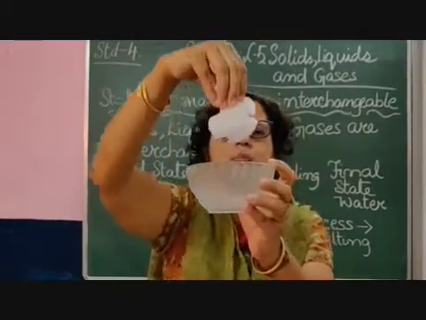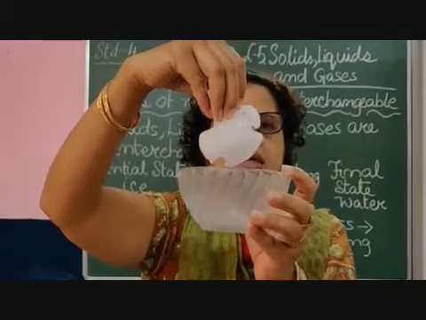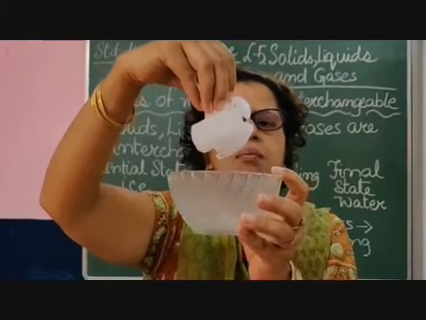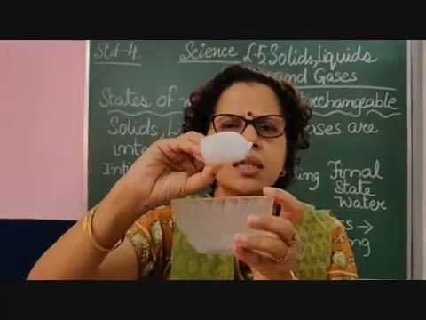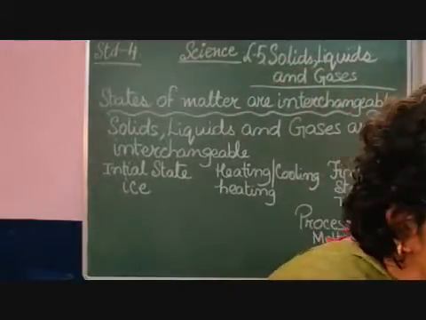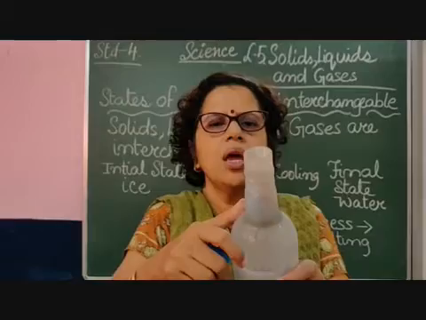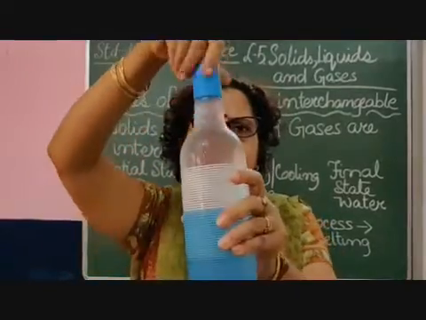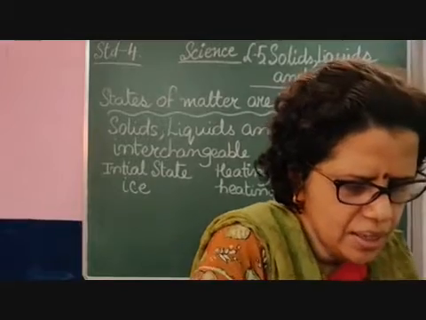There are drops of water falling from this ice. Why is it falling? Because ice is melting. How is ice formed? What is ice? Ice actually is water. This water which I have in my bottle. So this water, when I keep it in a bowl like this,